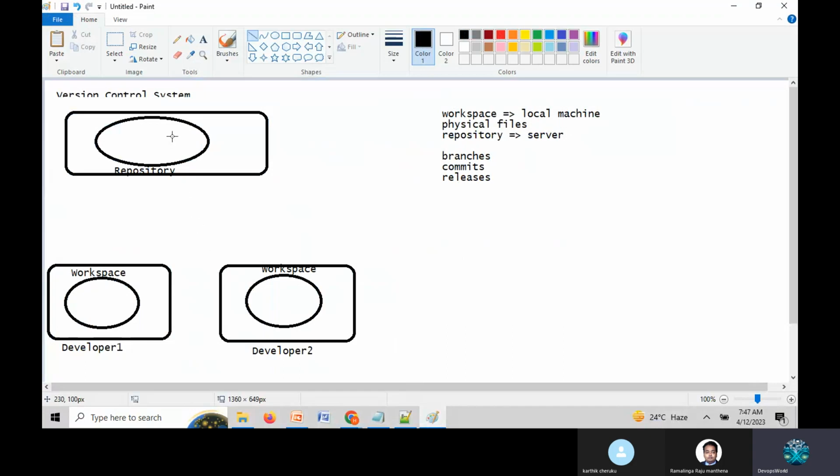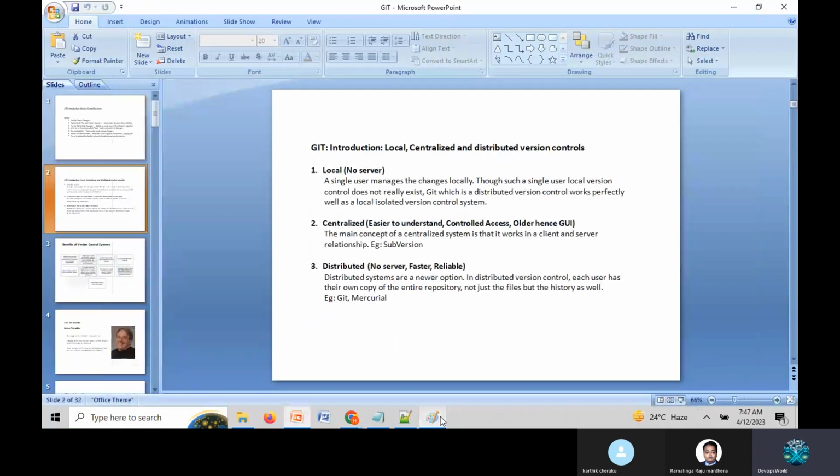Repository is nothing but the machine where we store our repository. And the third one is distributed, which covers newer technologies like GitHub and GitLab. Here, in the local machine itself, they can keep the repository.